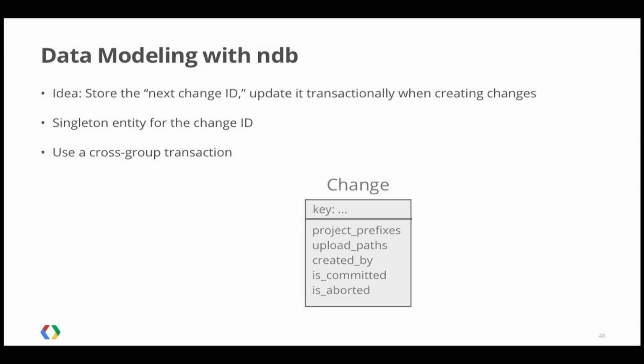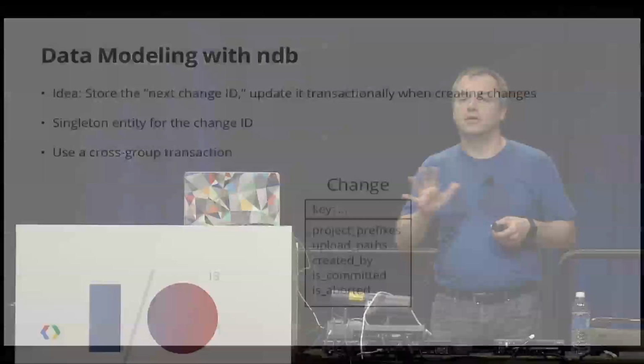This would be a great use for a feature that came out about a year or so ago called cross-group transactions. Now, you might be familiar with how data store transactions work. Entities are created in entity groups, and a transaction can execute over multiple entities, but all those entities have to be in the same entity group. You have to know that ahead of time as you're modeling your data, what is going to be changed in the same transaction. And so this new feature allows you to actually use up to 5 entity groups in a